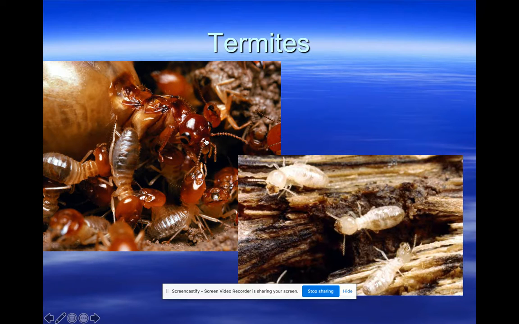Termites. Now, termites are cool. Termites actually can digest wood, and that is an adaptation. All right. So not all organisms can, even carpenter ants that live in wood can't digest it like termites. Termites have this enzyme that they can actually digest wood. That is something that helps them survive.